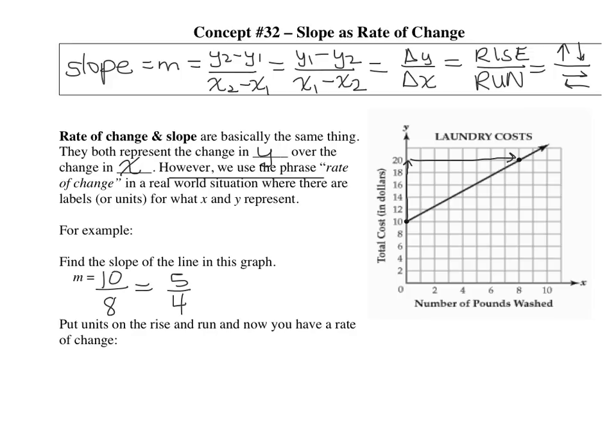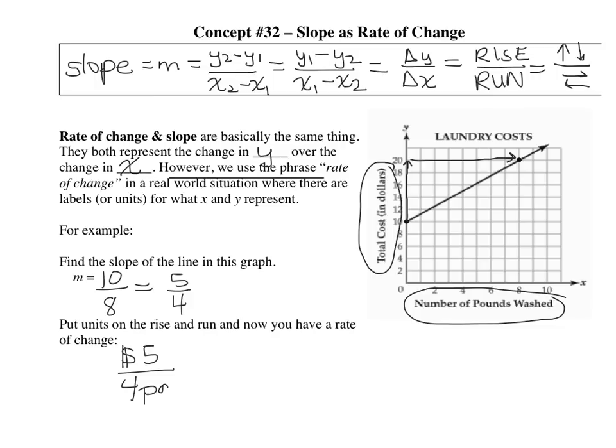Now let's go ahead and put units on my rise and my run, right? So my rise is what the y stands for, and that's dollars, right? So the top number represents $5. So I changed $5, and then this graph is laundry cost, and x is the number of pounds washed. So for every $5, I can have 4 pounds. So the bottom is 4 pounds. And so what we would do then to get the rate of change is we would actually just divide 5 divided by 4,